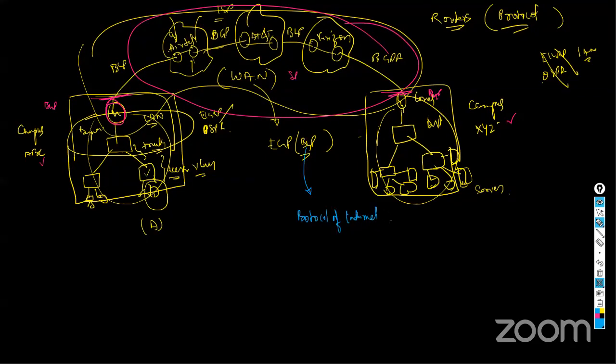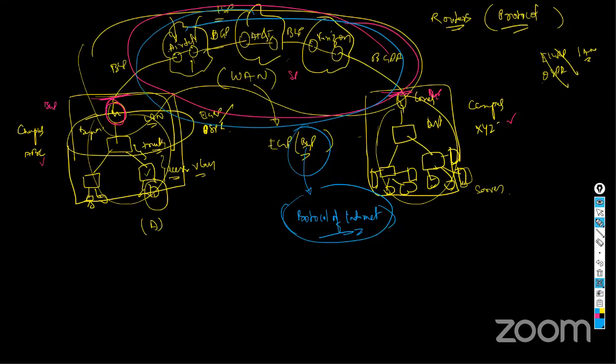Okay, because if you see from a broad point of view, the internet is made up of a lot of routes or prefixes, and routing from one network to another needs a protocol, and that's your BGP, right? So I can say that BGP is the protocol of the internet. The whole internet, after all, it's your BGP that's taking care of, right? So it's very easy for me to say BGP is the protocol of the internet. Okay, and it's a very important protocol from a technical point of view, and also from the certification or your job point of view.